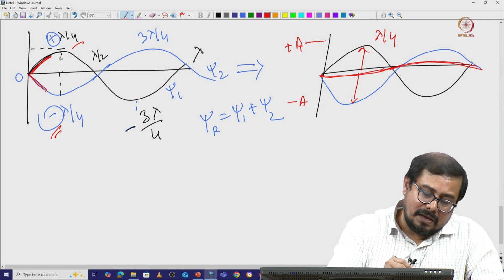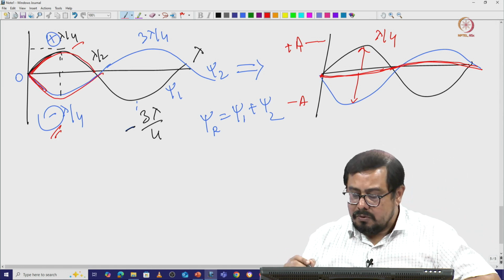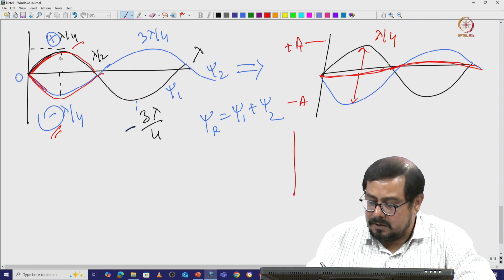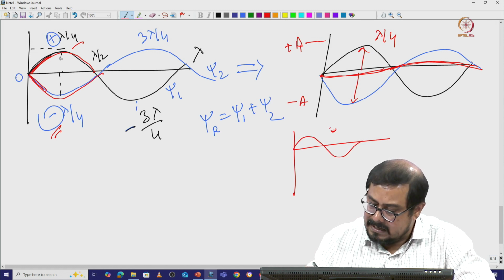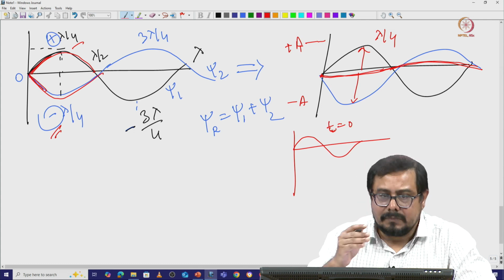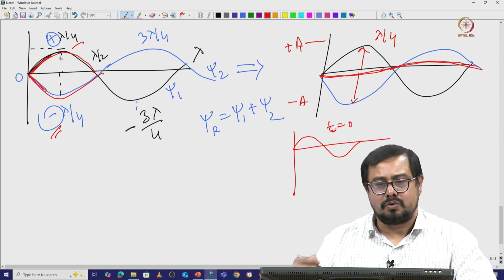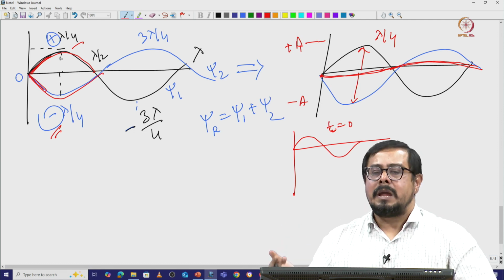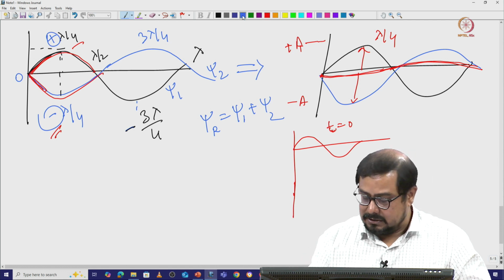So, one wave is going in this particular phase, other wave is completely in a different phase. When we are discussing how a wave propagates, if you recall last class, I told you when t equals 0, you will get a wave like that. Now, if you move on, then when t equals capital T by 8 or capital T by 4 and then capital T by 2, at a certain point your wave is almost